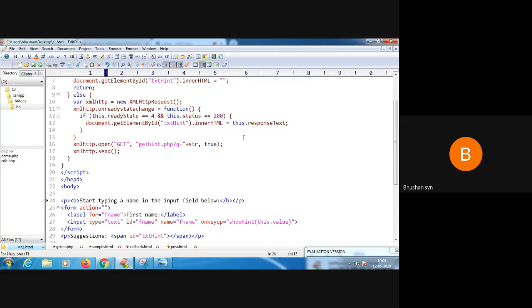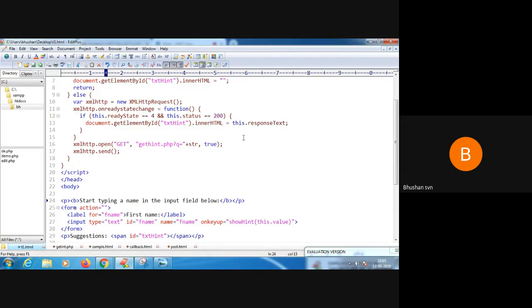Now what happens without refreshing the code every time? I just enter the value, say a, then it will give the suggestion. Now I enter the next character, say an. Now an will be a new request.